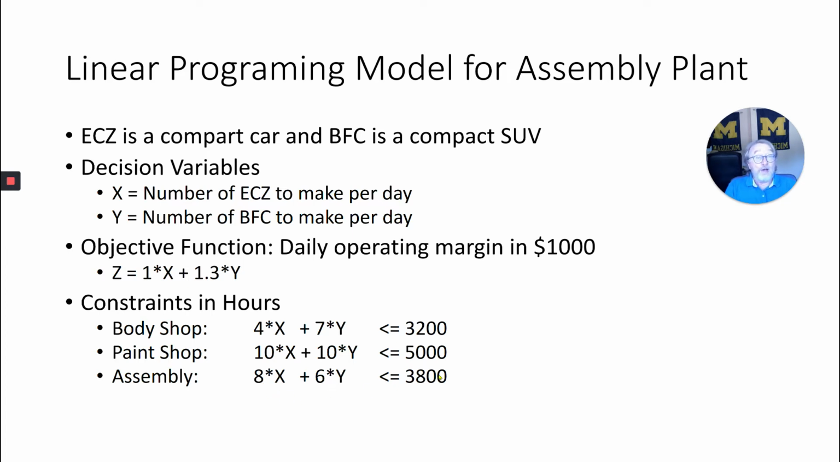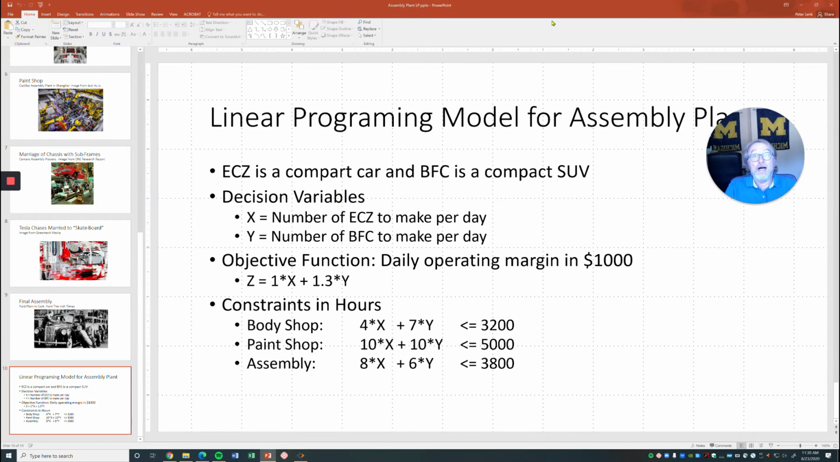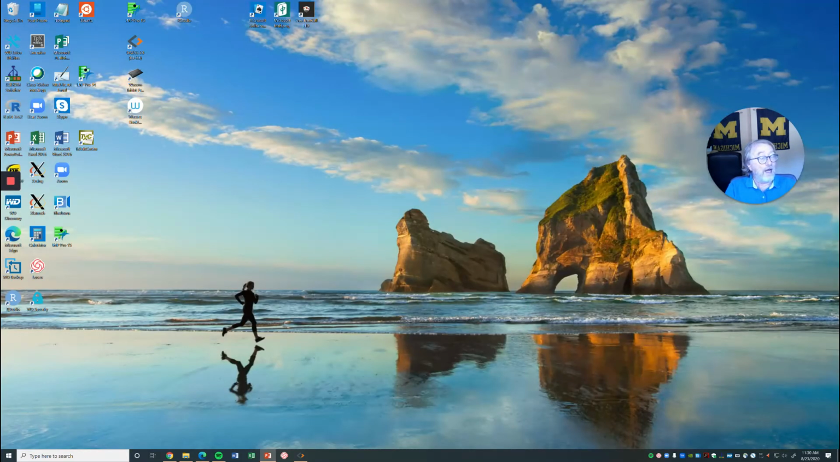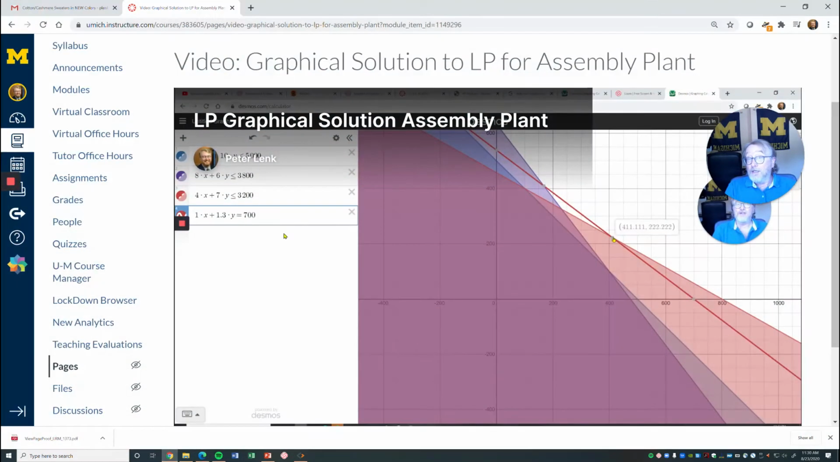Okay, so what we're going to do next is graph this. And again, because it's two-dimensional, we can graph it. In more realistic problems where you have 10 to 100 to 1,000 variables, obviously you cannot graph it. But the logic behind it is the same, regardless of how many variables you have in the model. And so what I'm going to do is call up a